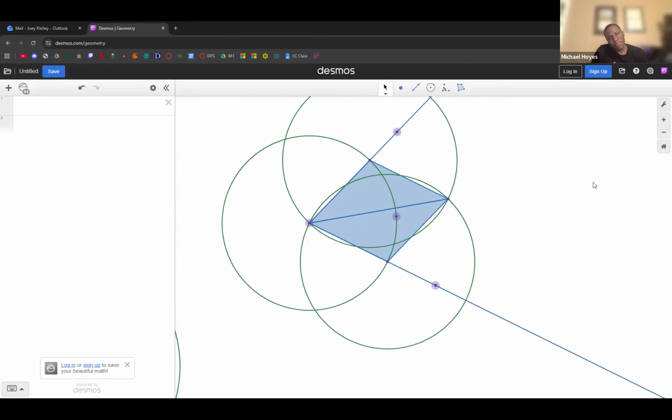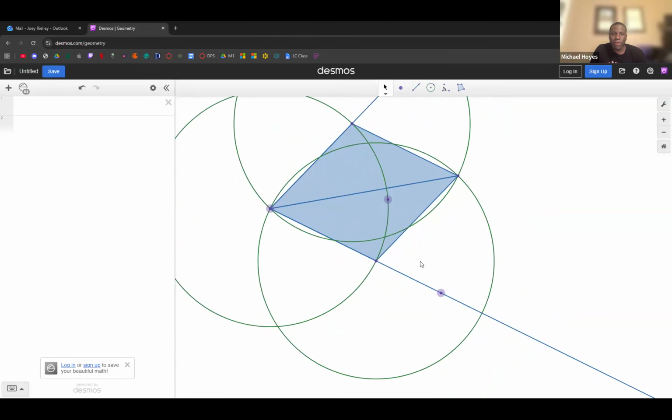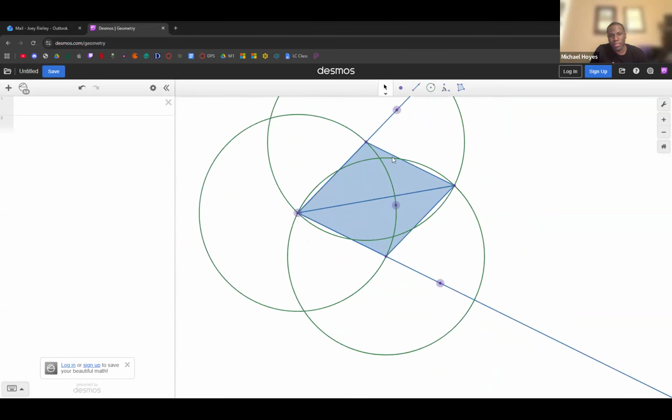Do you recognize it? I don't. You know, it is a rhombus. It's a rhombus. All four sides are congruent. And that stems from the fact that they come from these two congruent circles. And your sides are radii of those two circles. All four sides are two different radii